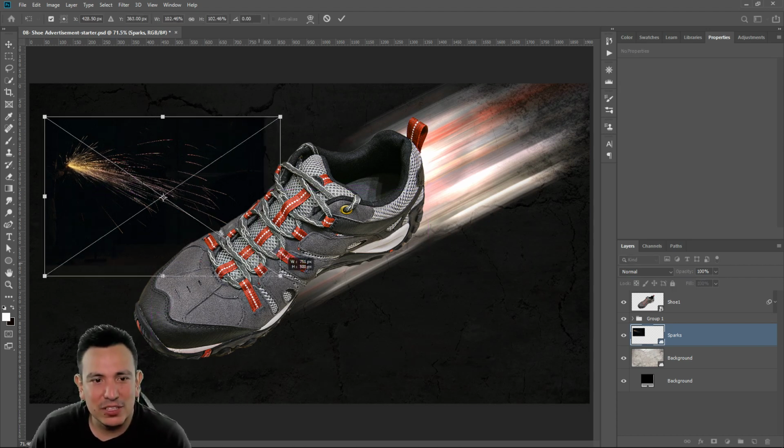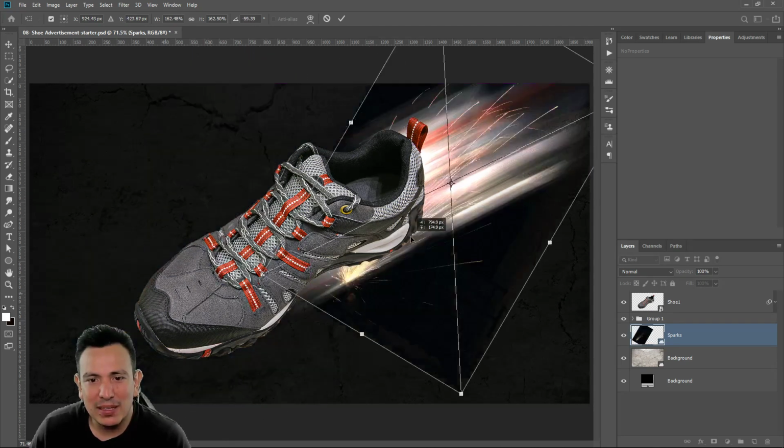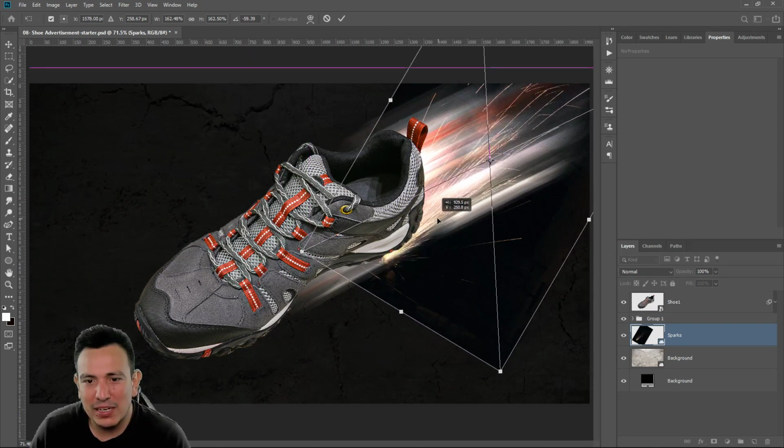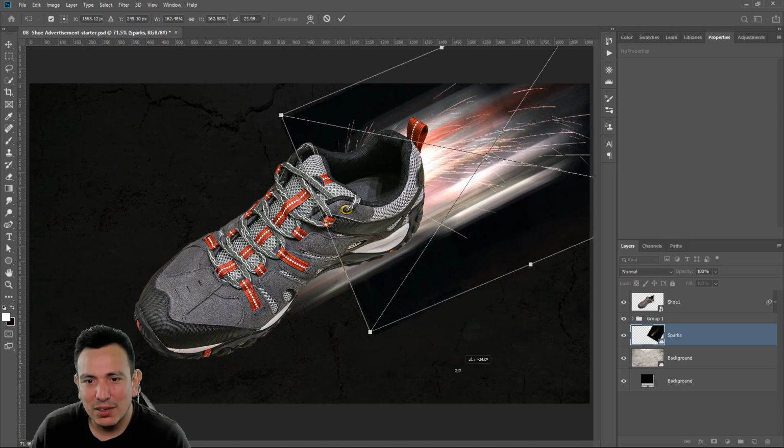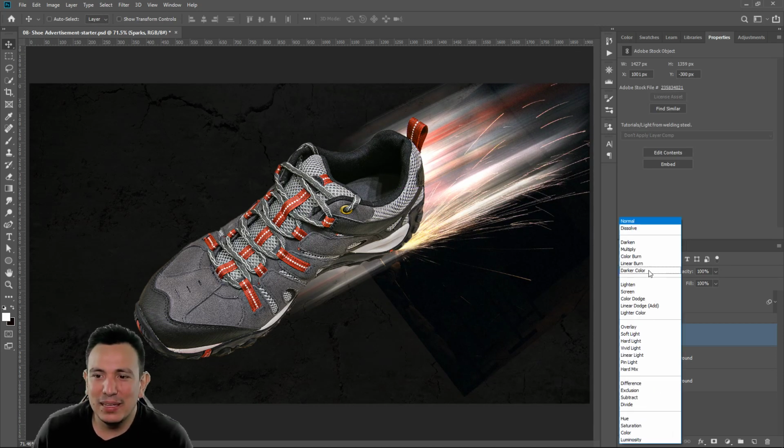Control T, Command T to transform. I'll make them larger. I can rotate them. I can do anything I want. So I'm just going to place the sparks right here, right in the heel. Right about here. And I can change the blending mode to